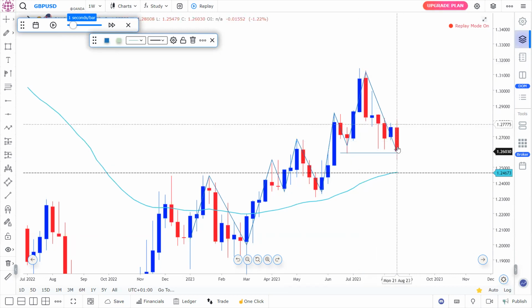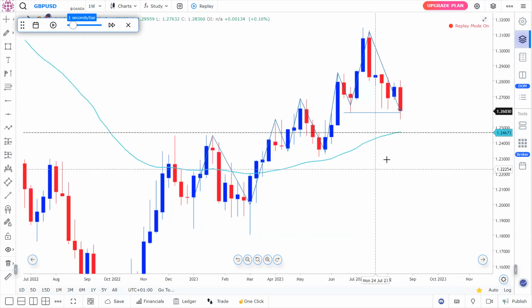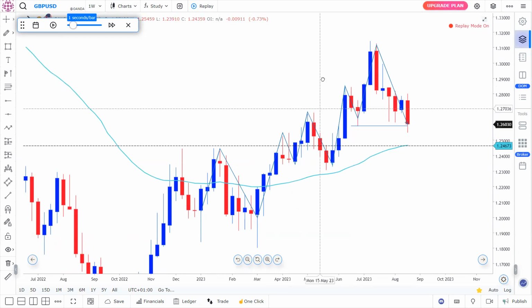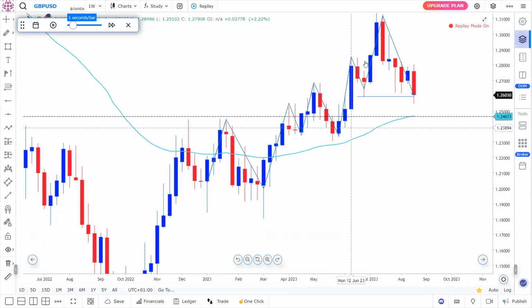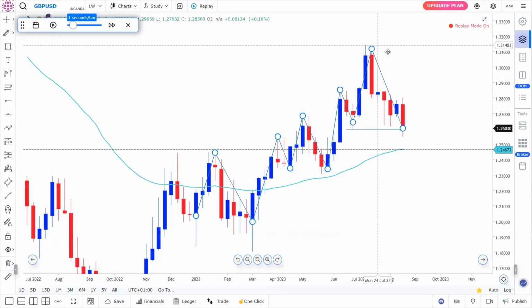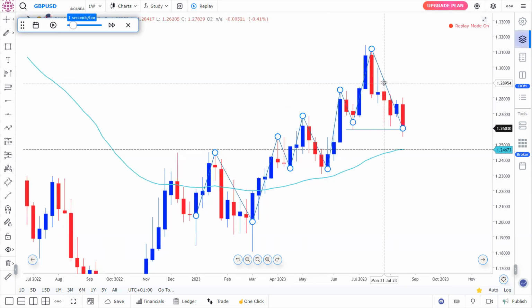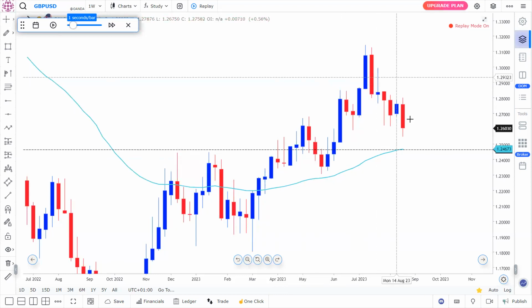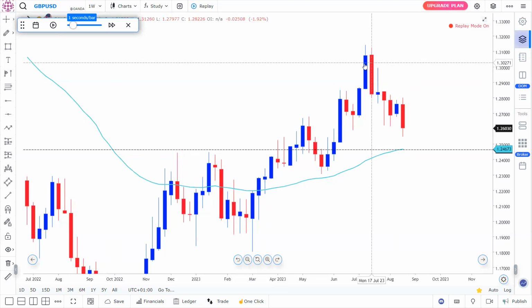And then having seen the break of this previous higher low structure, confirmed the shift in market structure from a bullish sentiment to bearish sentiment. So the very first thing we would notice from the daily time frame is the fact that we had a structure shift from bullish to bearish, and then also confirming the shift in market structure here would be the fact that